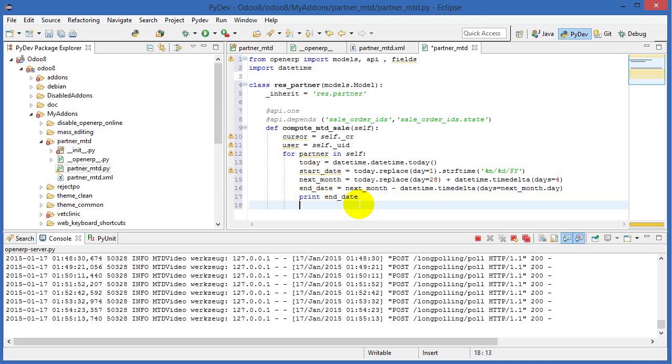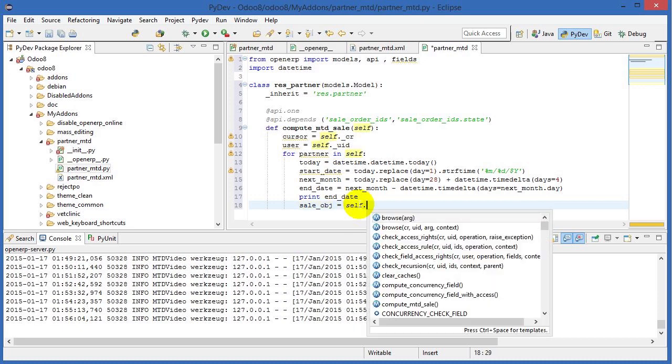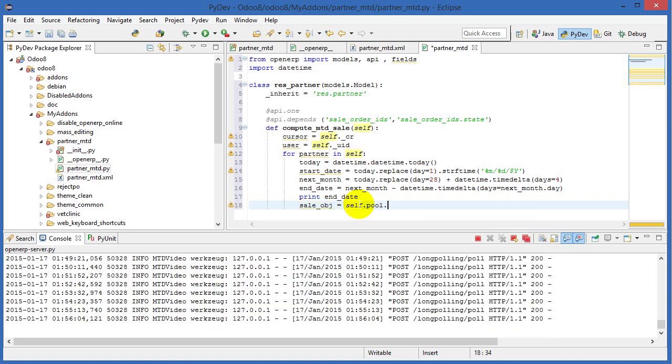Now that we've calculated the 2 dates, let's go ahead and create our query and grab out our data. So we're going to say sale object. You name this whatever you want, and we're going to go out and grab our reference to the model. So this just says we're going to be working with sales order, and now we can get our order IDs